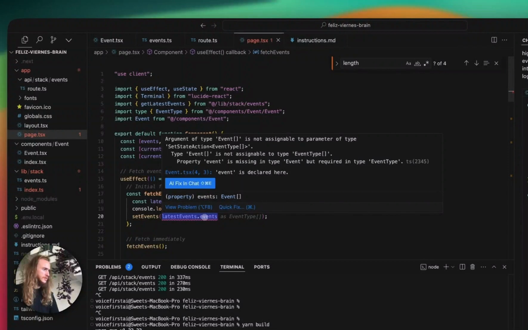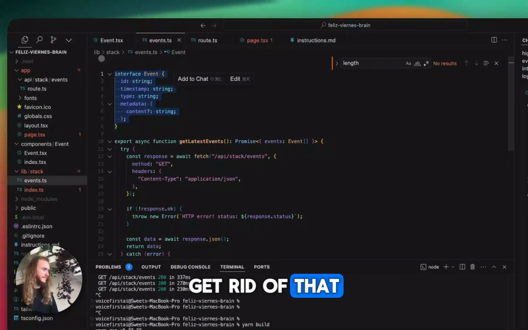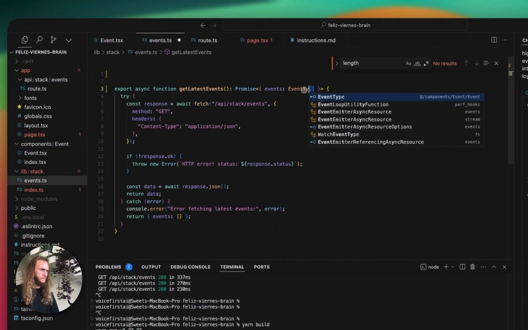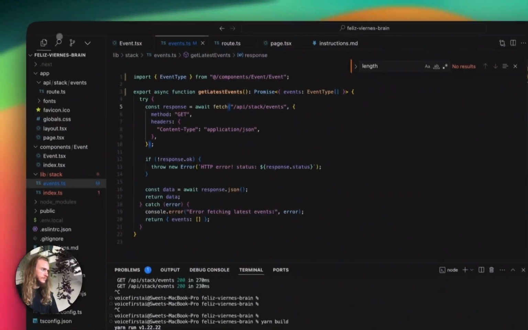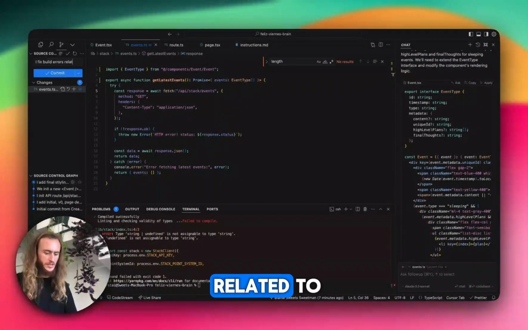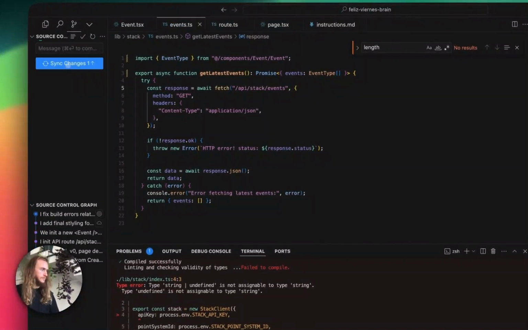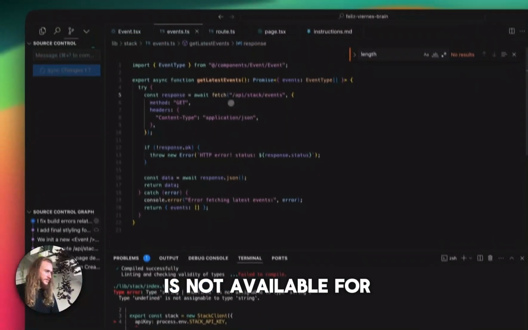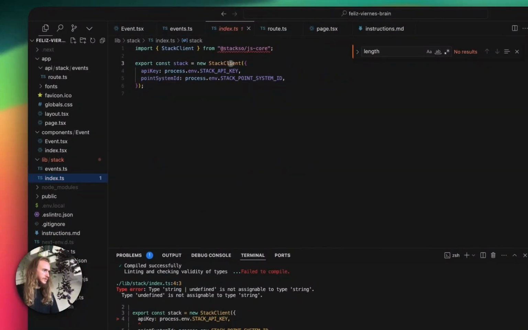Latest.events. Get rid of that. I fix build errors related to event type. String or undefined is not available for type string, so let's open up client. stack index.ts,